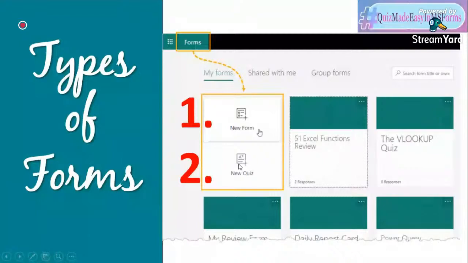So again, this one new form, this is for the survey, and this number two new quiz, this is for making quiz. So I hope clear na nako pagka-state kay there are